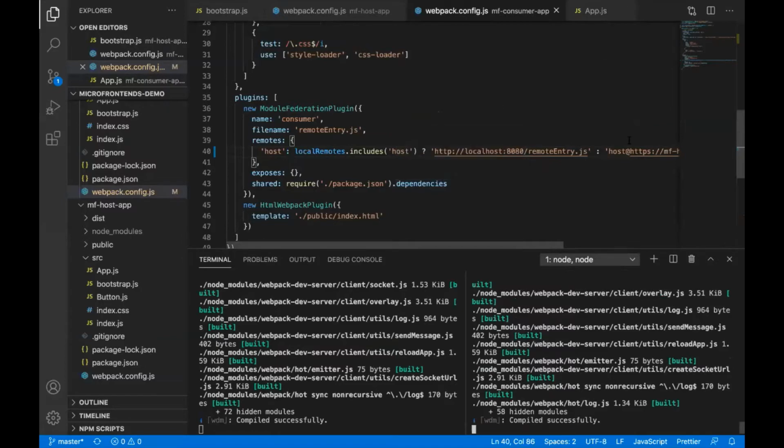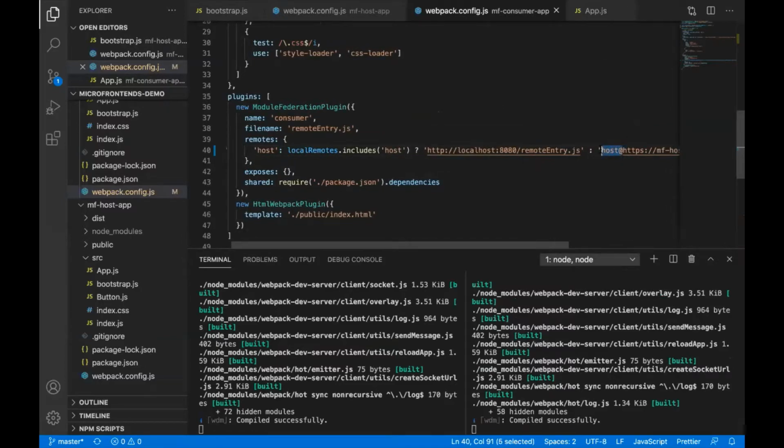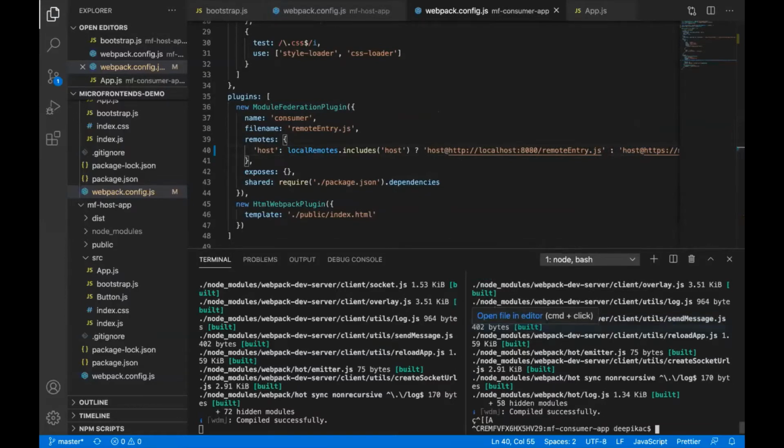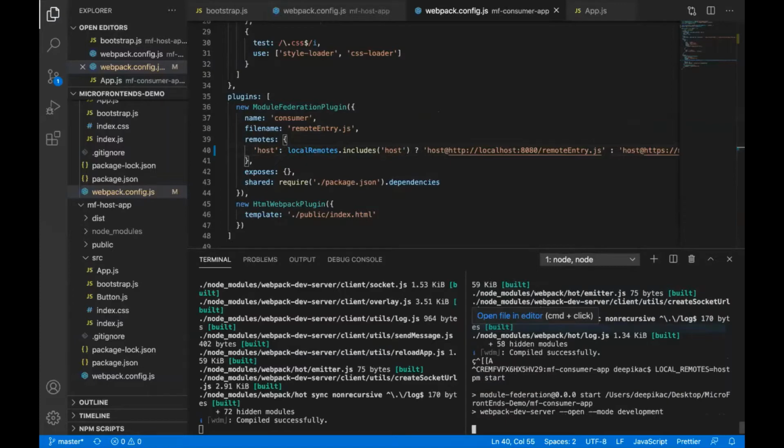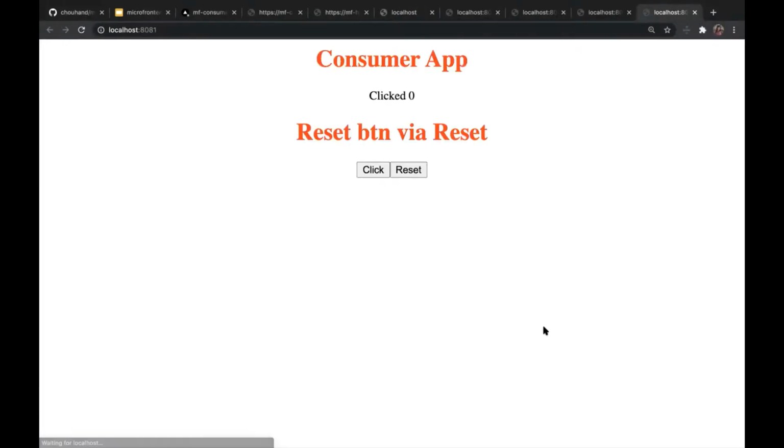Sorry? Oh, yeah. Thank you. Host at the rate. This is what coding on the fly is, hit and run. Okay. So yes, it is coming from the host application.